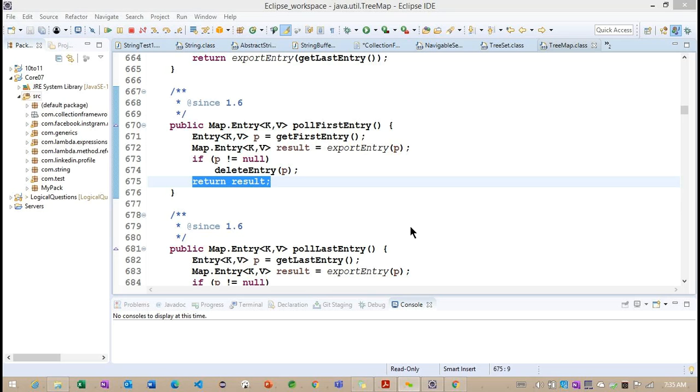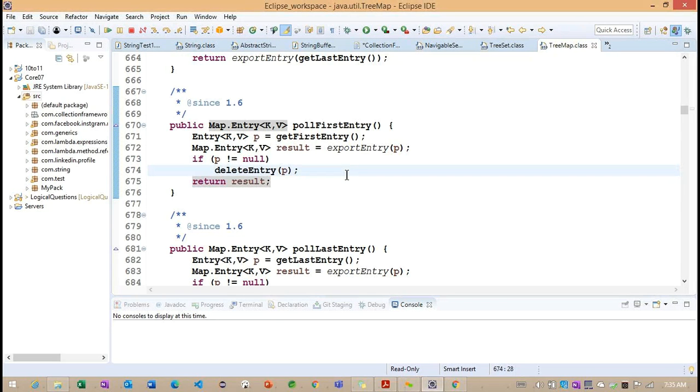Only the difference is here we will provide the object information, from object to object, instead of index values. Between them, all the objects we are going to copy, we'll create a new object, and we'll store whatever objects are in between and return those objects here. So this is the only difference between the subset method and the pollFirst and pollLast methods.